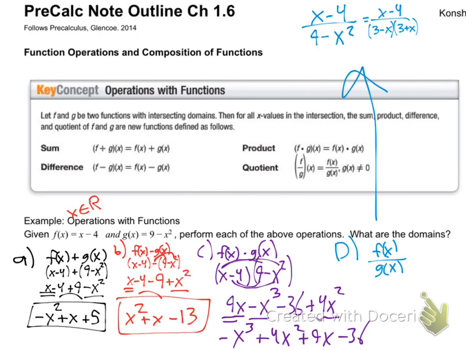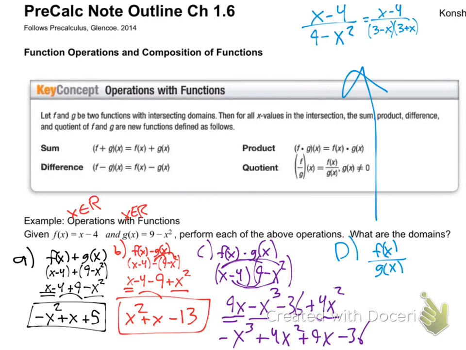I'm just looking at f of x right now. F of x is all real numbers. G of x, 9 minus x squared. Is there anything I cannot put in there, square it, and subtract from 9? I don't think so, right? So therefore, it's all